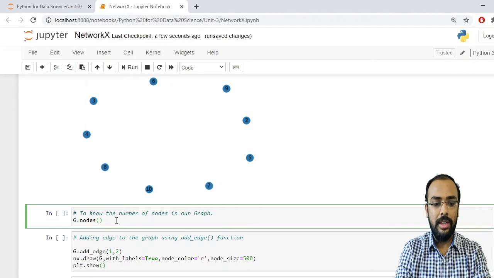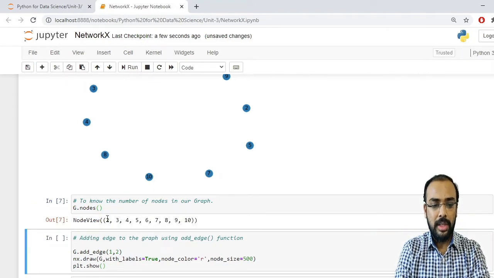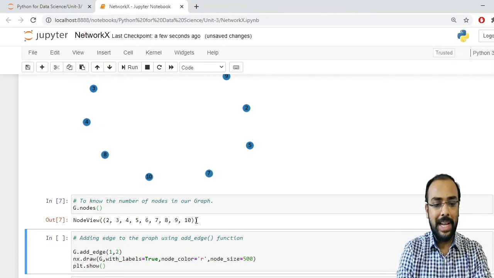It will give you the nodes that are present in our graph. So let us run this. Here you can see it is showing you a tuple of the nodes that are present in your graph, that is from 2 to 10: 2, 3, 4, 5, 6, 7, 8, 9 and 10. So this many nodes are present in your graph.